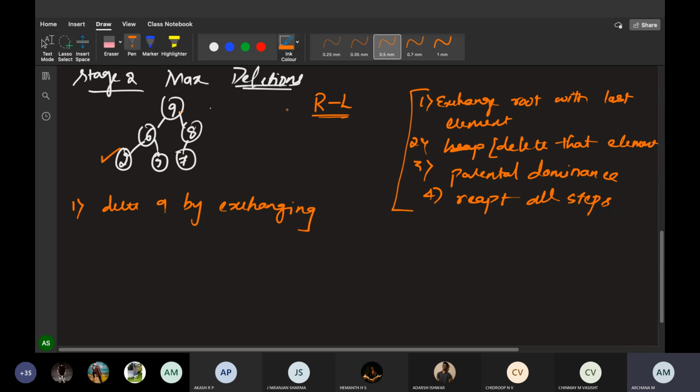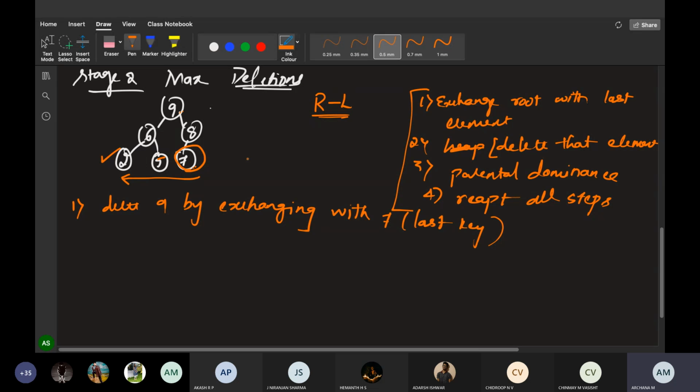No, from right to left you have to do, not from left to right. 7, right? Insertions we do this way, deletions we do it this way. Deletions will be from right to left. So which one is the last element in the tree? 7 is the last element. So exchanging with 7, that is the last key or last element.